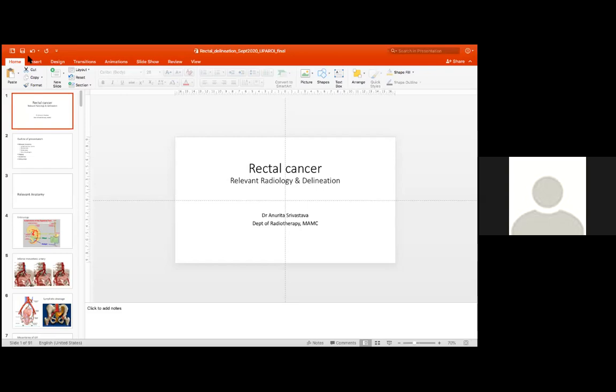So given that differentiation in the upper rectum, if you go by that philosophy, then neoadjuvant has no role. So they go upfront with surgery and then adjuvant, right? But if it is lower, then we first give neoadjuvant in advanced cases in order to achieve an R0 resection as far as the CRM is concerned. So this is the philosophy, depending upon how you want to understand that part.